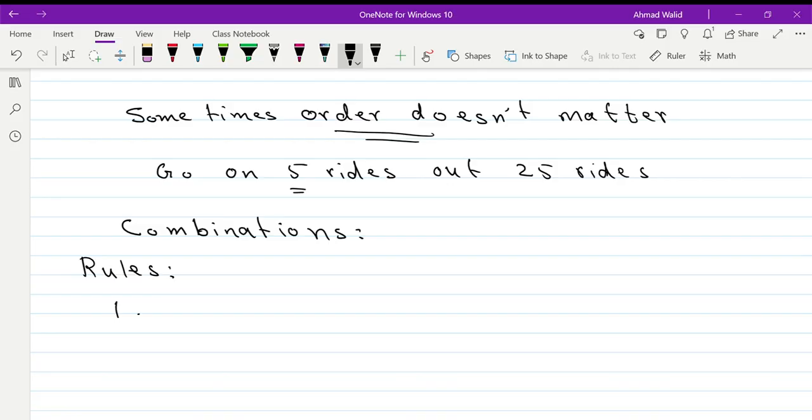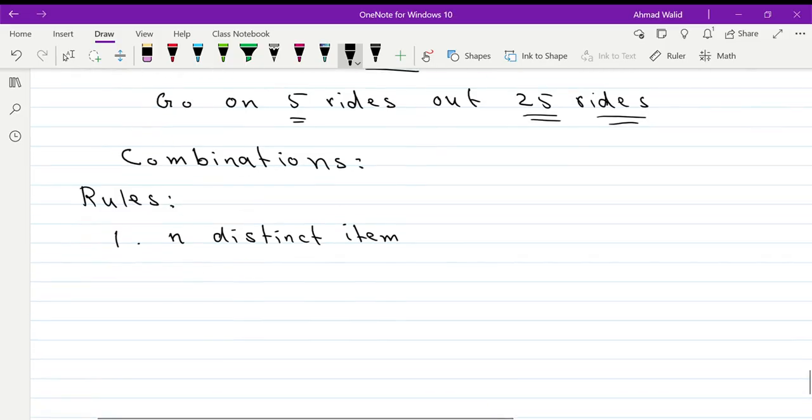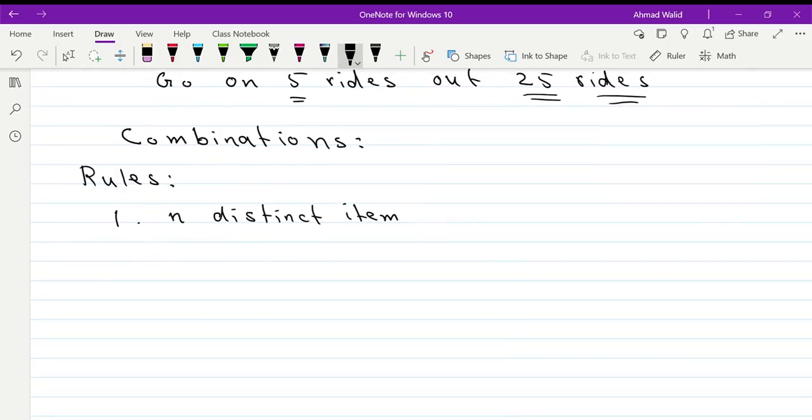Rule number 1, n distinct items. For example, 25 different rides, all of them are different, correct? They are not unique. Rule number 2,